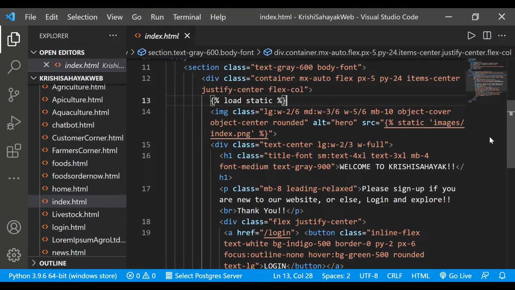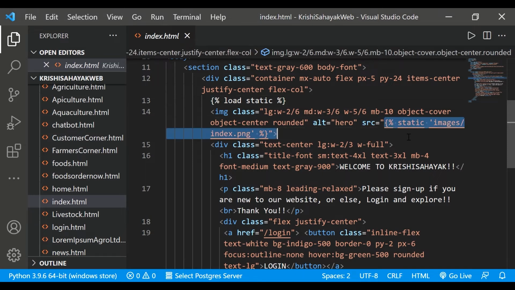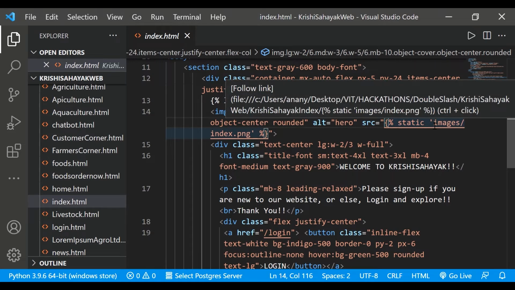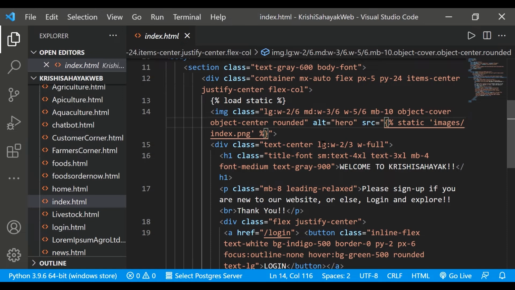Whenever we have an image or a linked CSS file or a linked JavaScript file, we have to include this load static. Then we have to include this curly bracket open percentage static. After that, we give the path for the image or the CSS file, and then we close it.